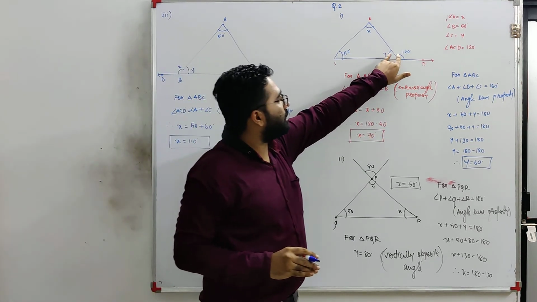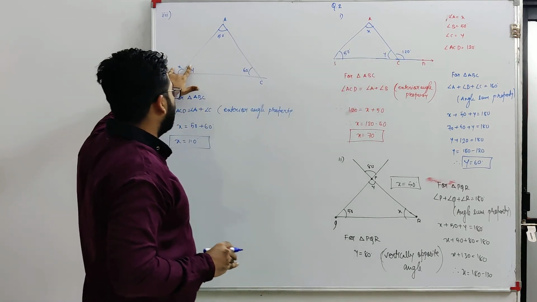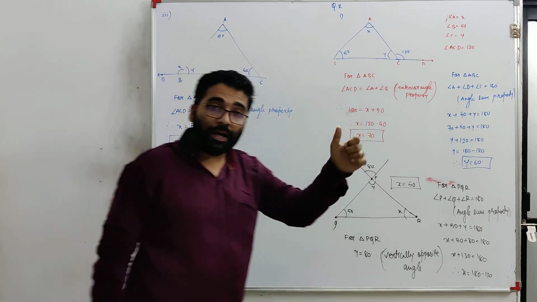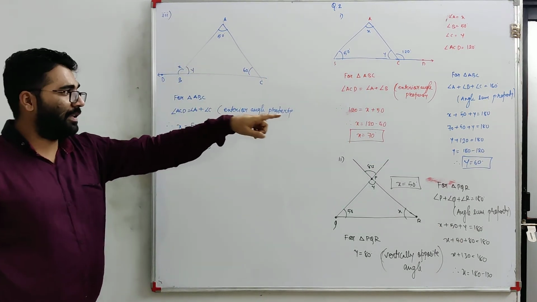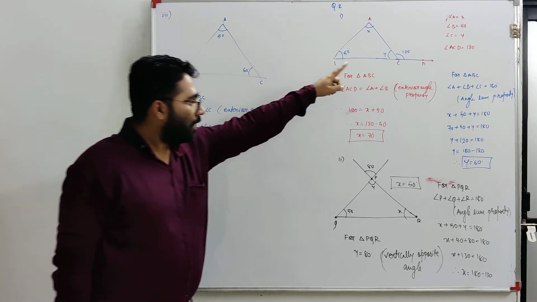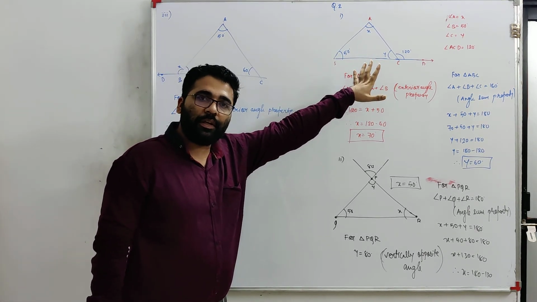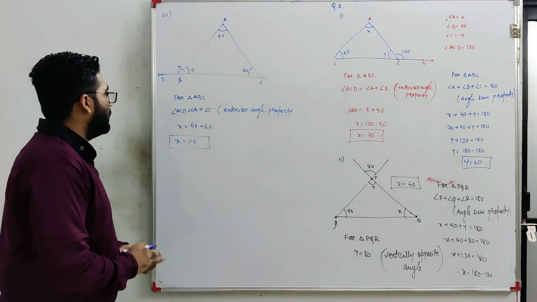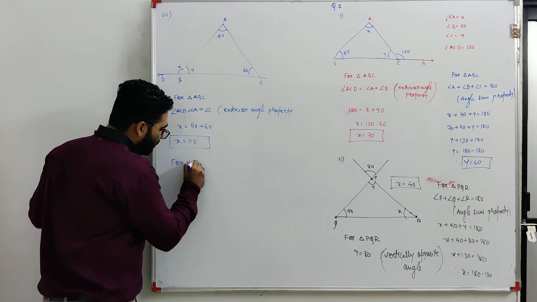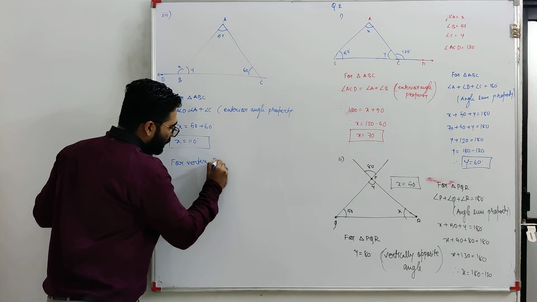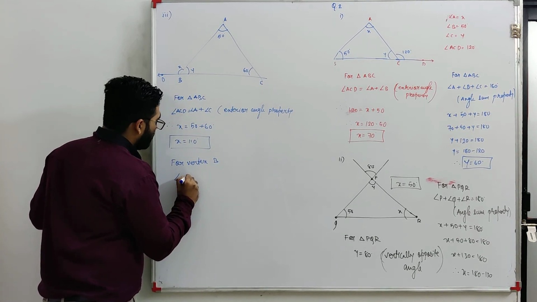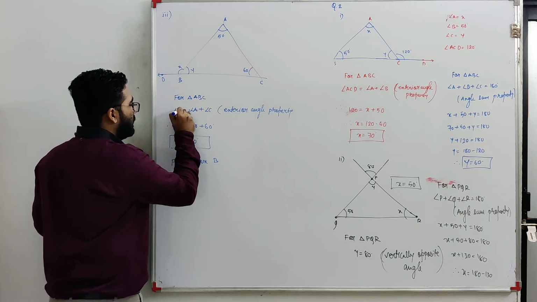Now this is the same case we are getting here, where I used the angle sum property, but now I am using the linear pair. When I solved that, I was saying you can use the linear pair. But how? Let me see. Here I am writing: for vertex B, angle ABD. Sorry, it is angle ABD.